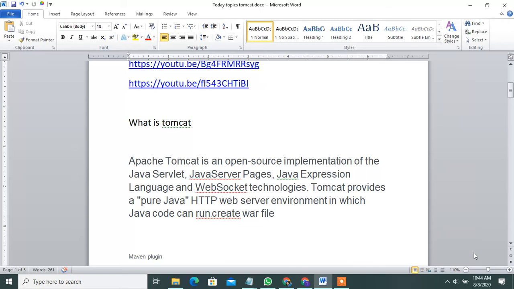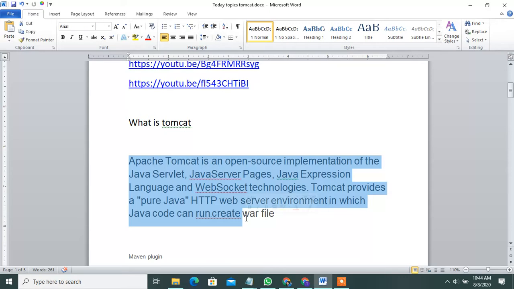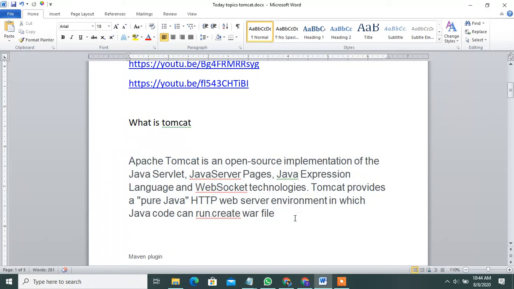Okay, next I'll discuss what is Tomcat. Tomcat is an open source web server product from the Apache Software Foundation, used for deploying Java servlet and JSP applications. To deploy applications, you simply create WAR files and use them in Tomcat. That is an overview of Tomcat. Keep going through these documents also; I will share them on my YouTube channel.